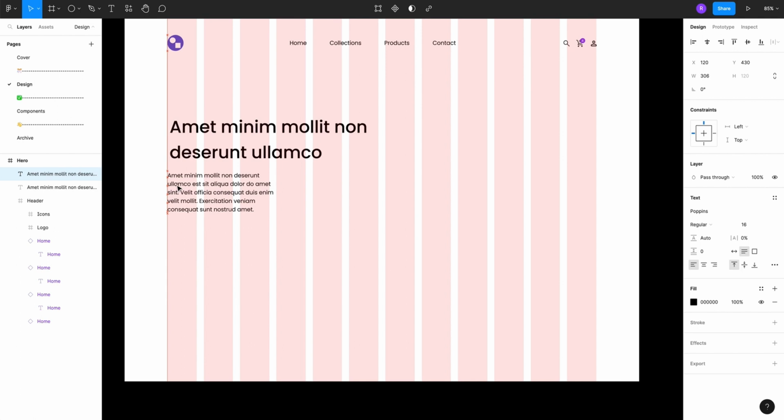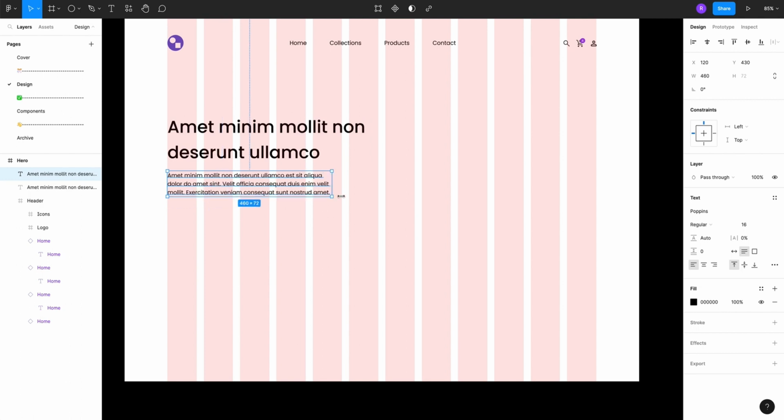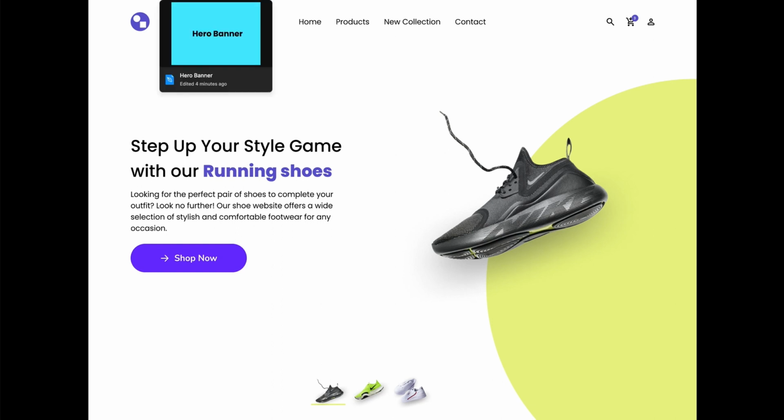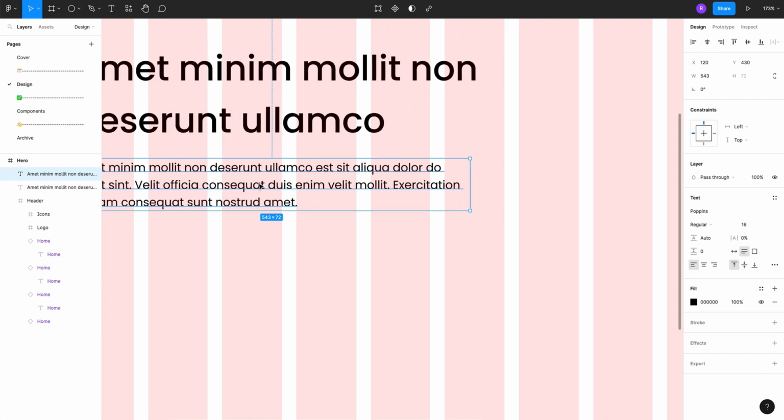You need to make sure you align everything. That's the purpose, the good thing about having this grid. Okay guys, so this is what we have. I need only two lines, and then for these two lines we have this. Okay guys, so what we are going to do here,